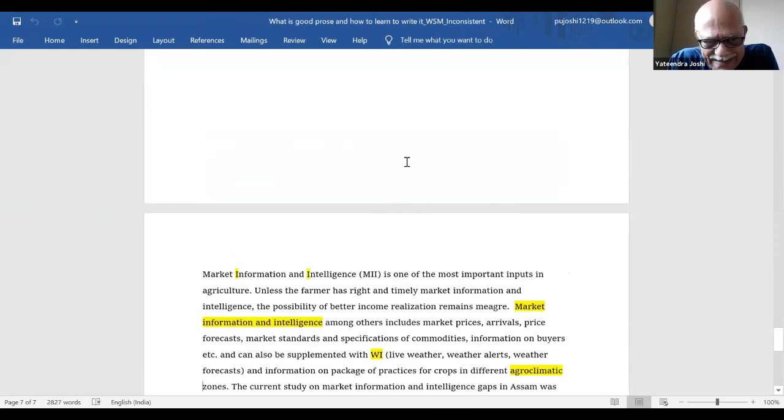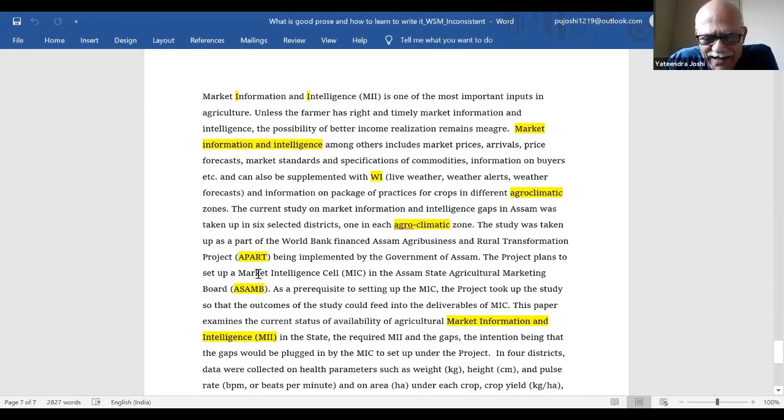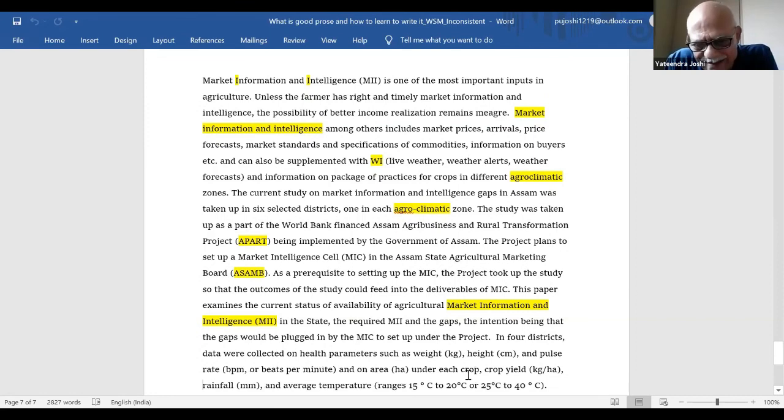Now you see, WI has not been explained. Actually it's an acronym, Assam Agribusiness and Rural Transformation Project. So it should have caught it as an acronym, but it did not, because it's a proper English word. Now this last thing, I simply typed this, playing with spacing between degrees Celsius, but it didn't flag any of those. So these are the errors. Some should have been caught, some were not. Some of these we'll have to customize. Yes, possible. That is why it's not catching these. If you customize these, it might catch some of these.